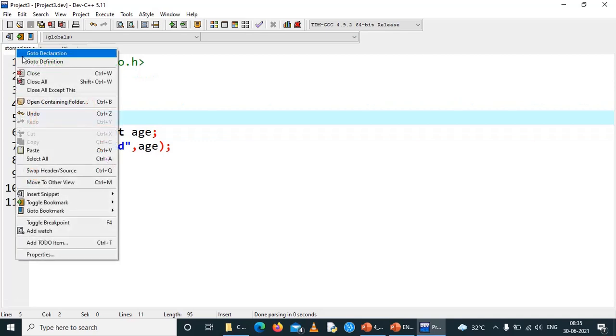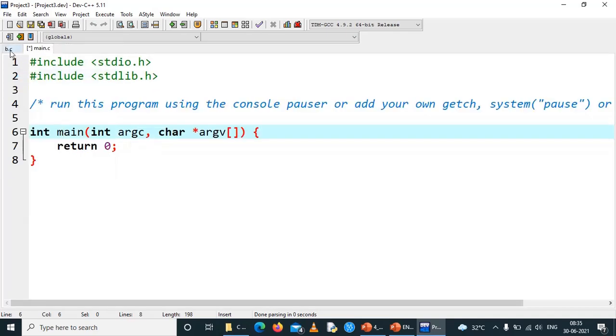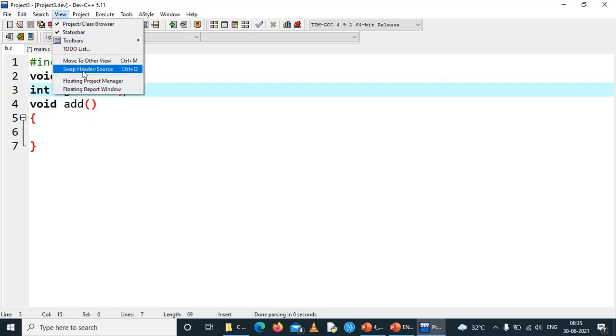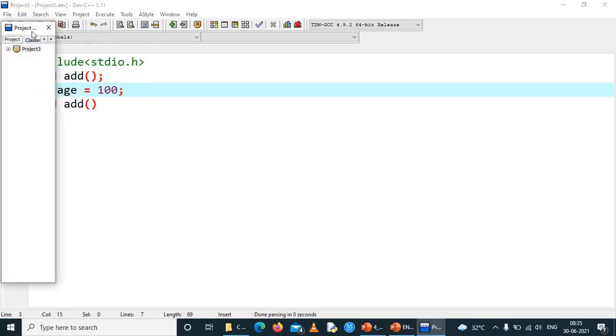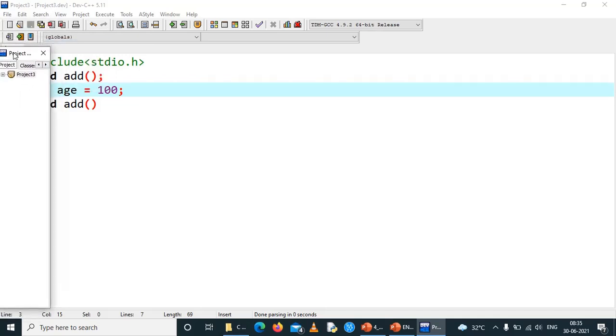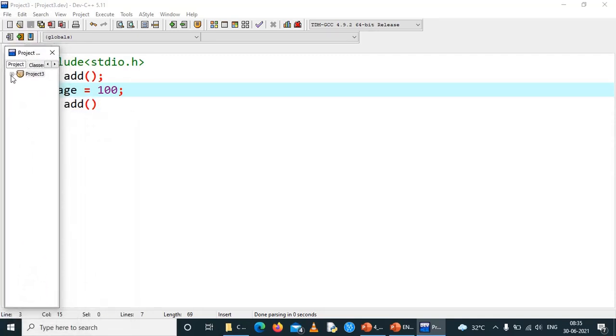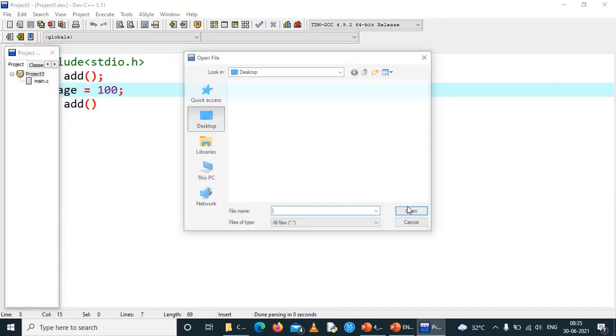We will just close this file. What I'm going to do now is add this b.c file to this project.